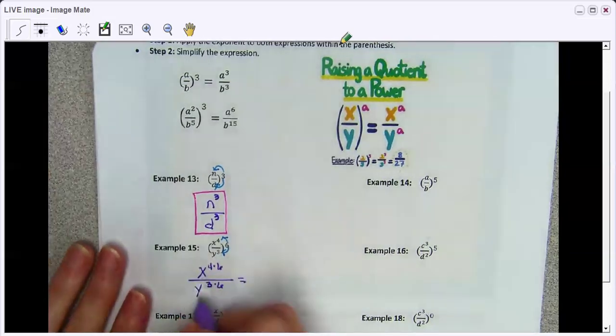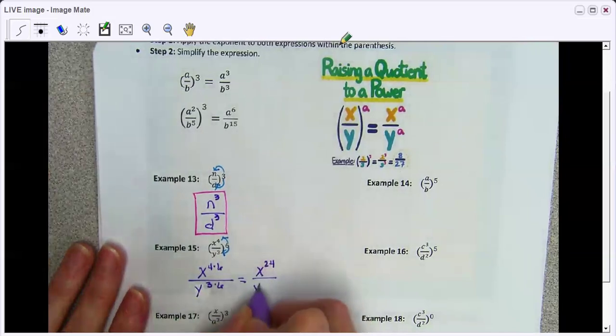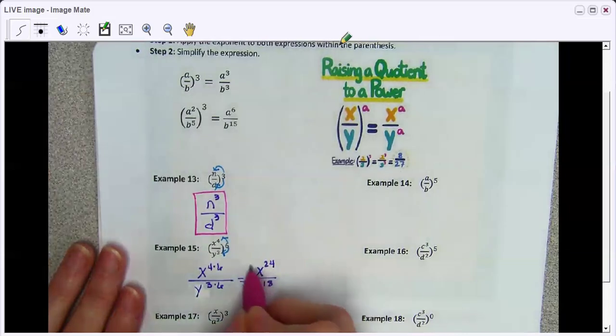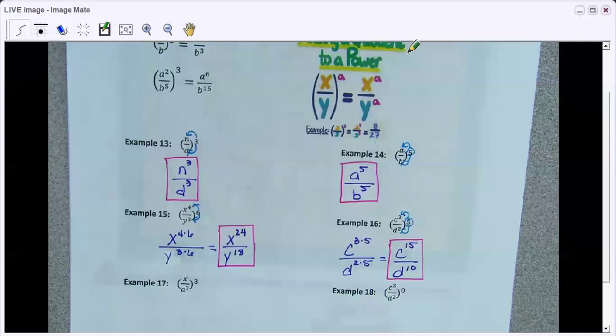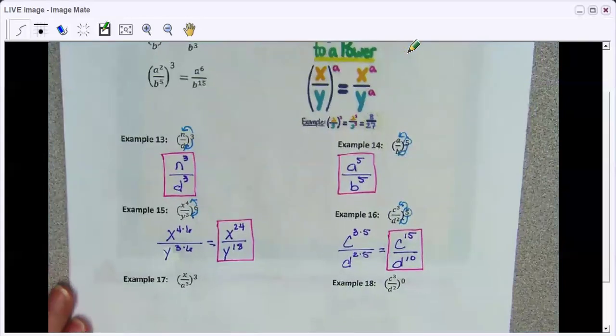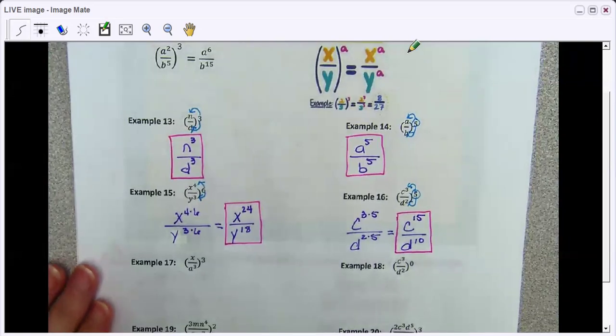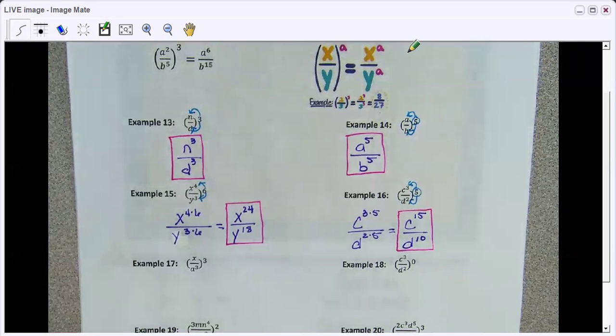Okay, so we end up with x to the power of 24, y to the power of 18. I'm going to go ahead and pause the video and have you do 14 and 16, and then we'll come back and check it. Go ahead and check examples 14 and 15 to make sure that you have the right answer. And then I am going to do